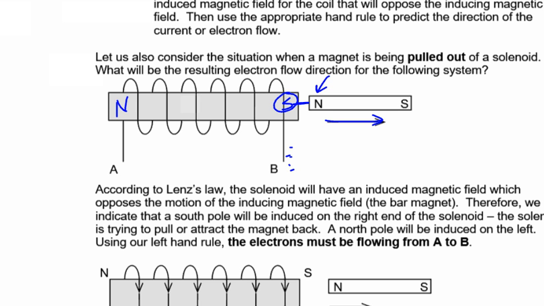I always kind of picture this as being like a plunger. So if the bar magnet is going in, right? So the bar magnet was going that way, then that would be a north pole because it's pushing back against it. But if the bar magnet is going the other way, then it's like the suction part of it, right? It still wants to hold on to it, so that'd be a south pole, okay? And then this would be a north pole. So then again, so now here's what we're going to do, right? So we're going to have your